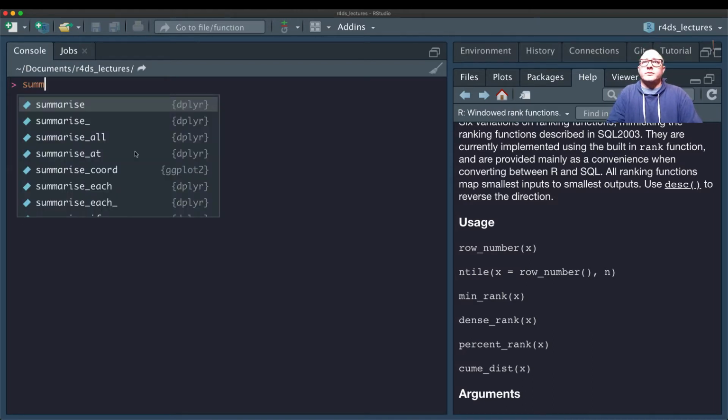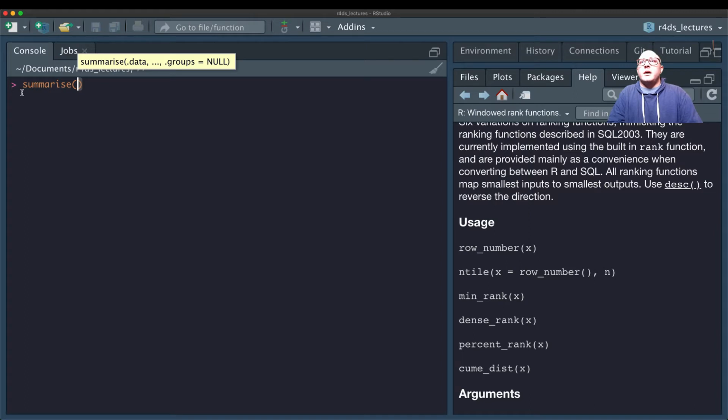Okay, so we can use summarise. Now here's the thing: the best part is that if you are using British English, you can use the S, or if you are interested in using just the Americanized version, you can use the Z. So let's start off by creating